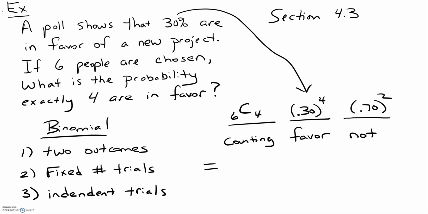But if I did it one at a time, 6 combination 4 would give us 15. And 0.3 to the 4th power would give us 0.0081. And 0.7 to the 2nd power would give us 0.49. And then we take each of these 3 numbers. And again, I would just type it into your calculator all at once. But we type these into our calculators. And we get